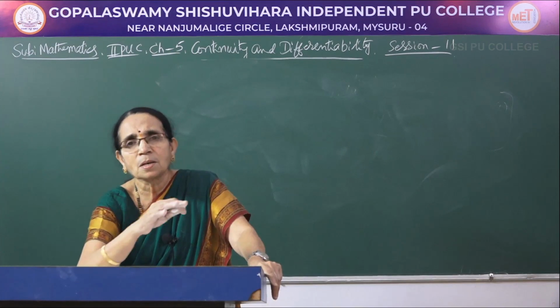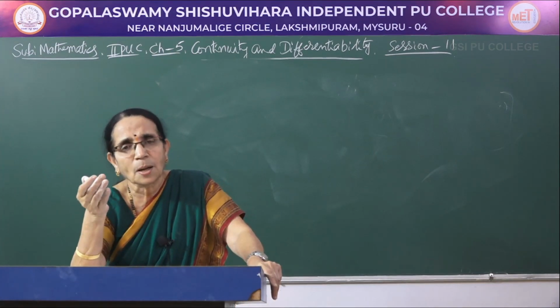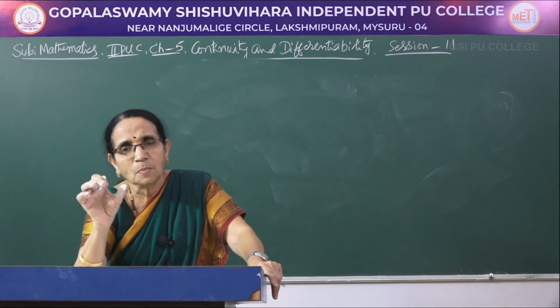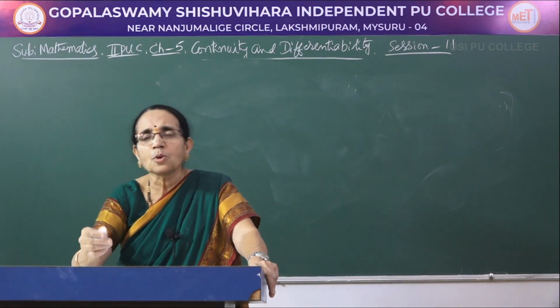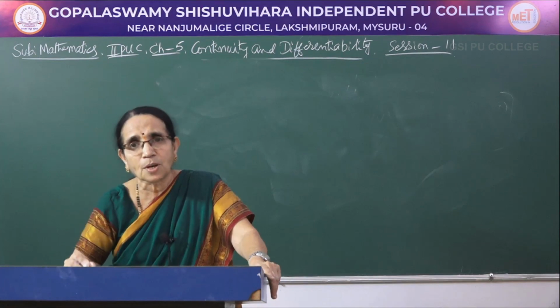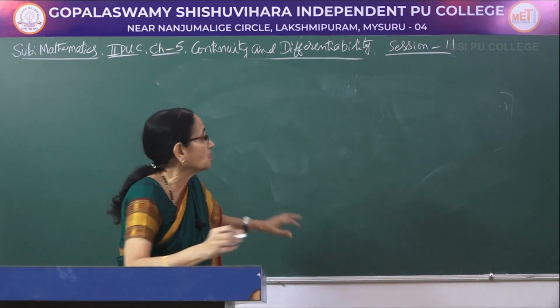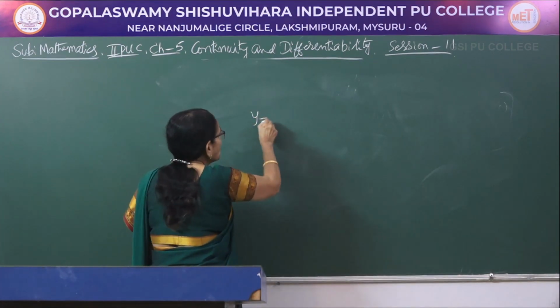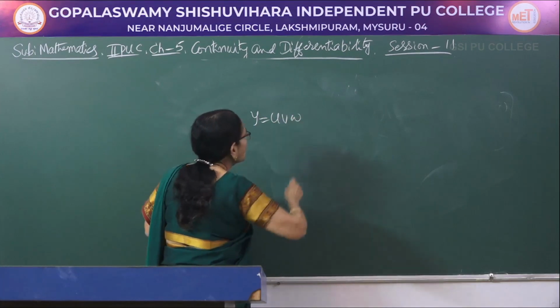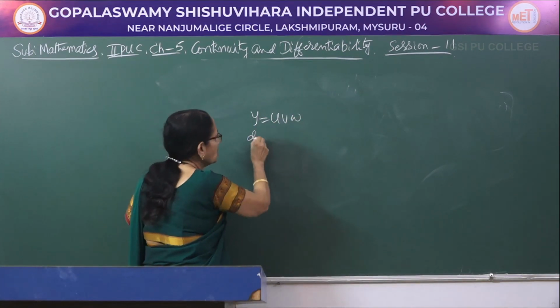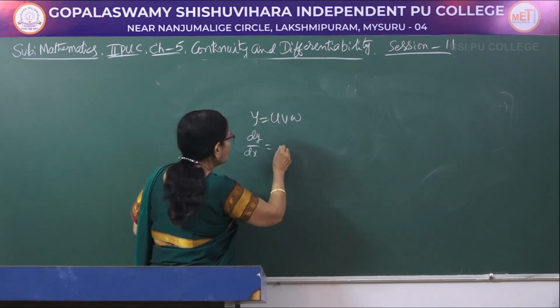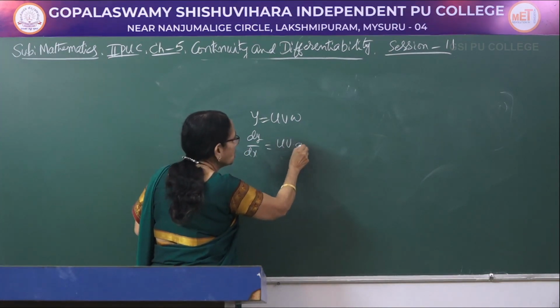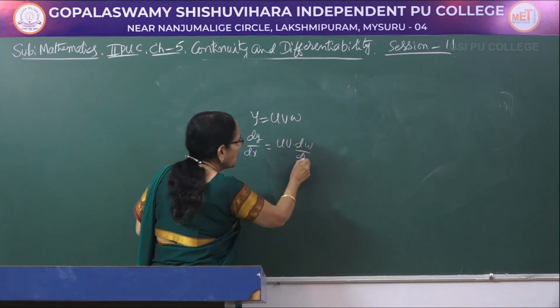Usually when we have more than 2 terms, we keep 2 at one time and differentiate the third one, so we change them in cyclic order. Suppose y is equal to u into v into w. To get the derivative dy by dx, we will have u into v into dw by dx